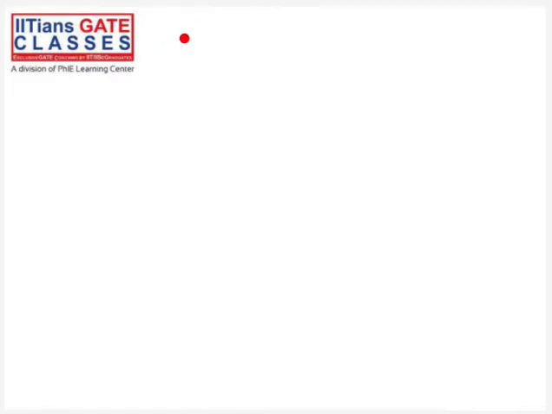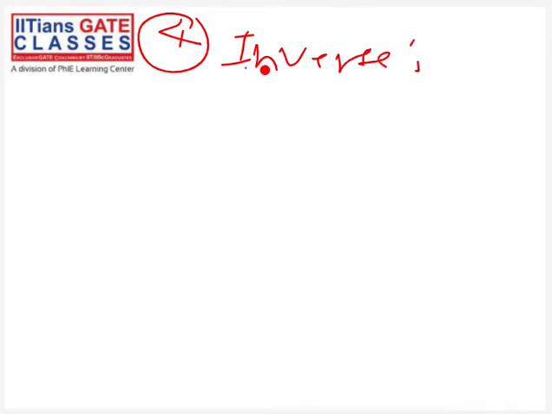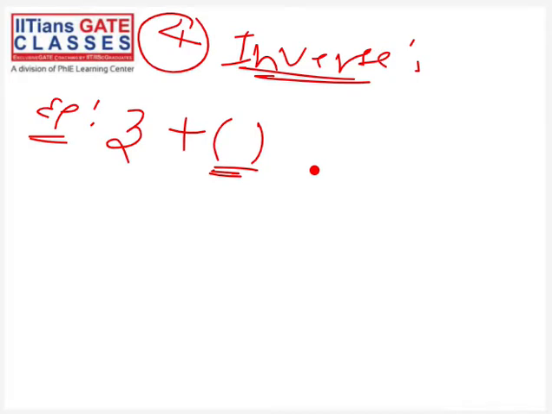So this is your identity element. Okay, let's check out the next property. We have seen three properties so far: associativity, commutativity, and the third is identity element. Now let's check the fourth, which is inverse. Again, before we check the formal definition of inverse, let's take one example: the addition operation. Inverse says that if I have some element, for example 3, then what should I put here such that we get the identity element for this addition operation? What is the identity element for addition operation?